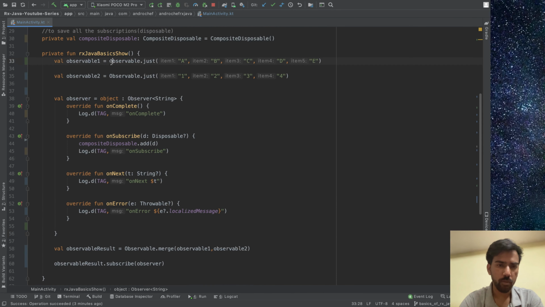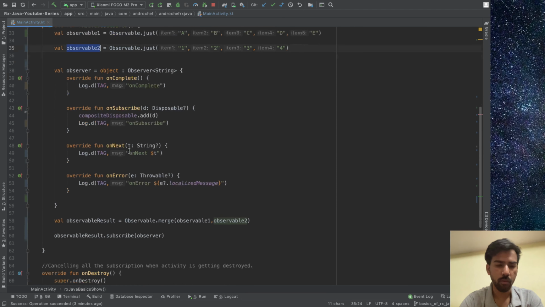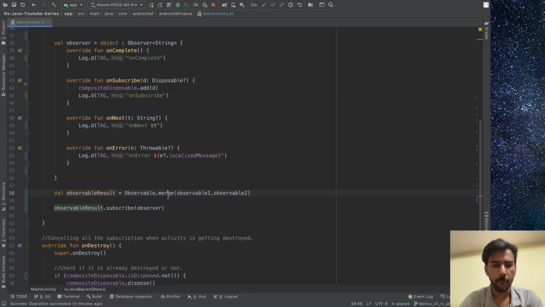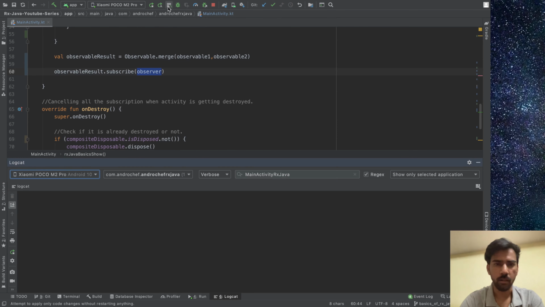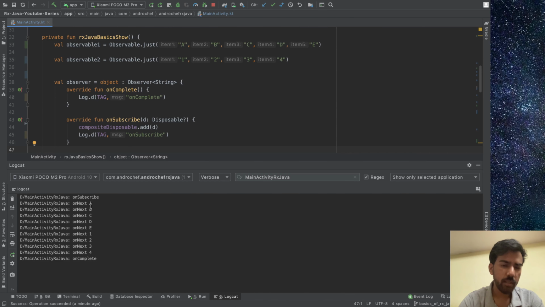Now we have two streams of data, observable 1 and observable 2, and we are creating a third observable. Now we are emitting the data. Let's clear the old log and run this one. As you can see, the output is similar to concat, right? In concat also we got A, B, C, D, 1, 2, 3, 4. But what is the difference between concat and merge? These two streams are synchronous. Whenever you have synchronous streams and you use merge, it works the same as concat, because you have all the data in a synchronous way.